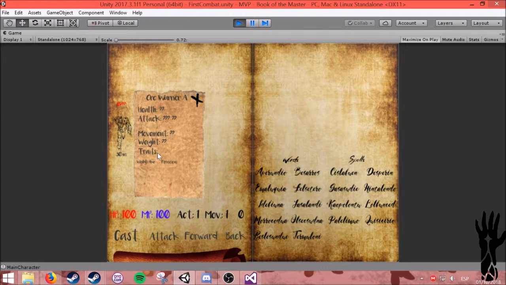So in Book of the Master, every enemy is defined by a set of traits. Here you can see that this guy wields an axe, which gives him 30 points of slash damage, and he's ferocious, so he moves to the nearest enemy and attacks him in range. So I wanted to create a trait that when the orc has less than 25% of his health, he will